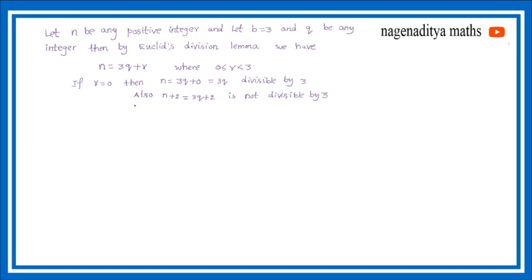Now similarly, if you add 4 on both sides, n plus 4 is equal to 3q plus 4, which is not divisible by 3. So in the above, only n is equal to 3q is divisible by 3, and the remaining n plus 2 and n plus 4 are not divisible by 3. So if r is equal to 1,